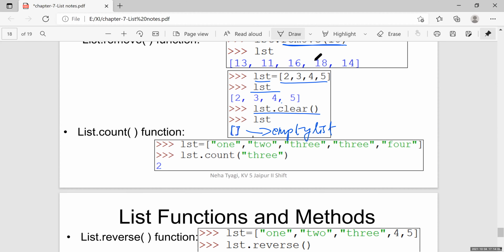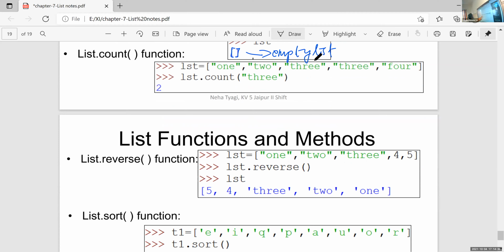1. Correct, Vishnu. Very good. So it is first dot count within double quotes 4. The meaning is that this count function will count the number of occurrences of that 4. Here, how many times does the word 4 occur? Only 1. So the result is 1 if we are using 4.